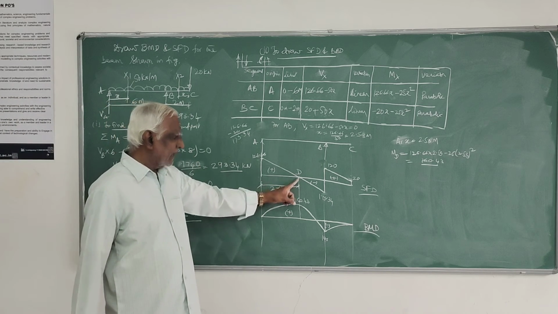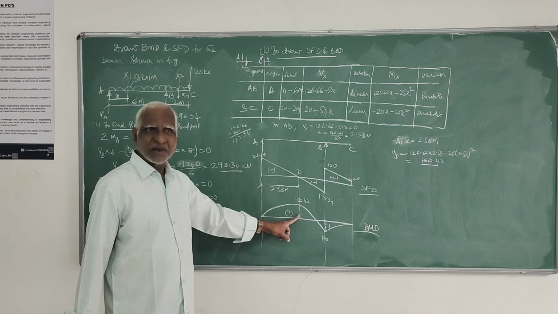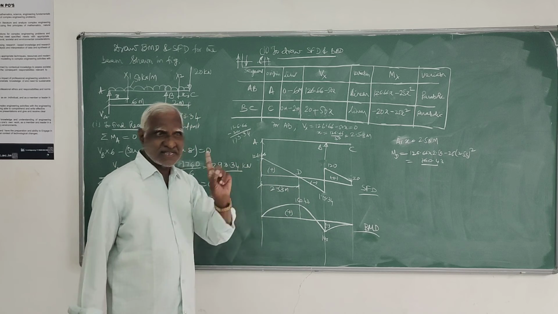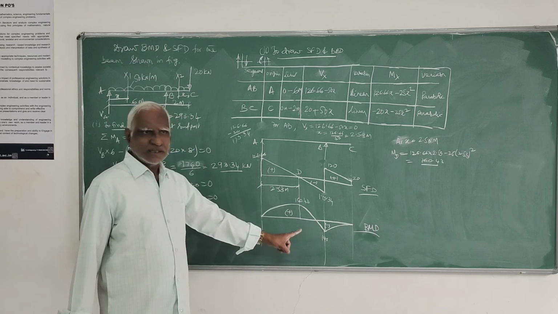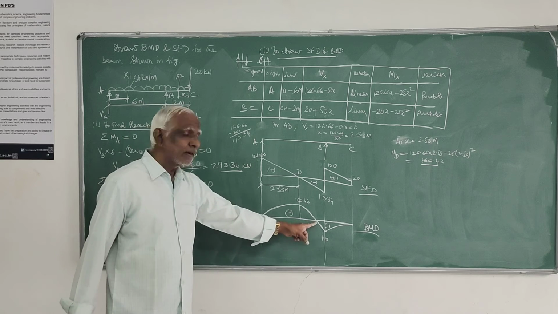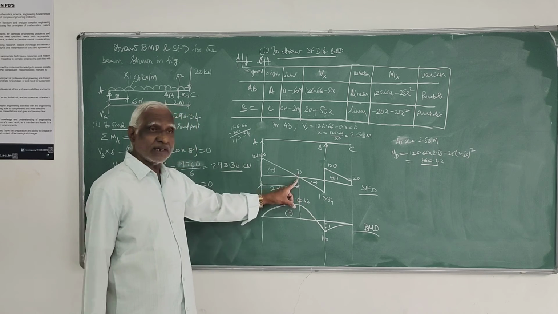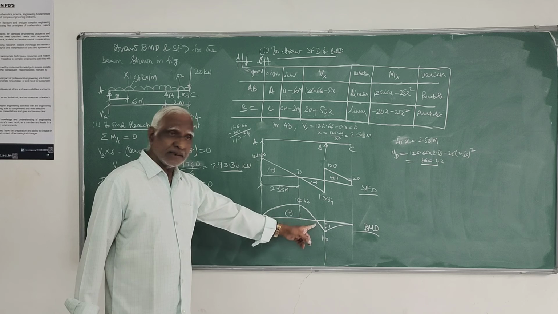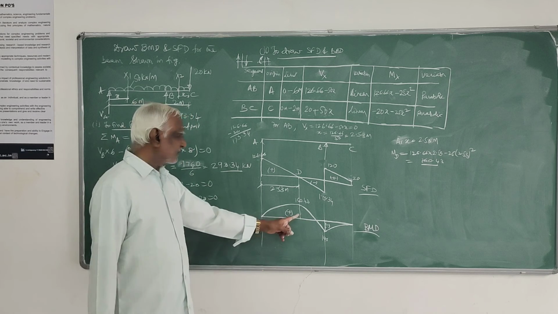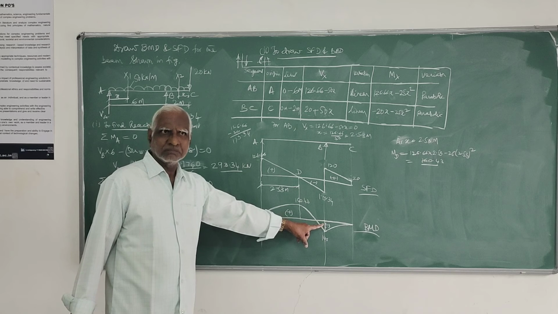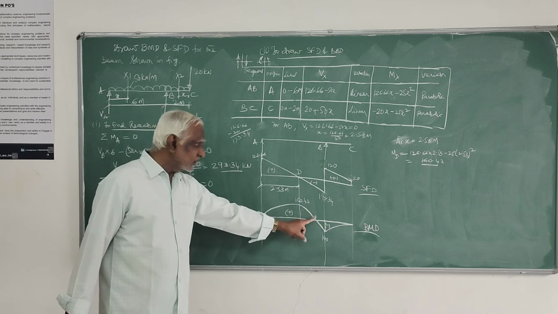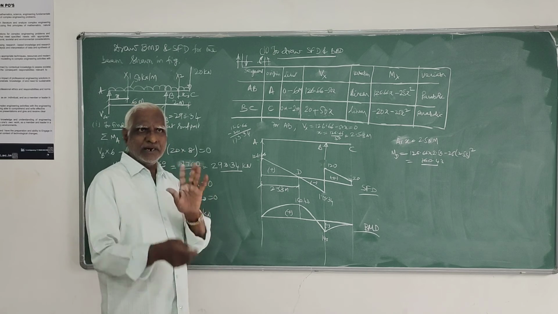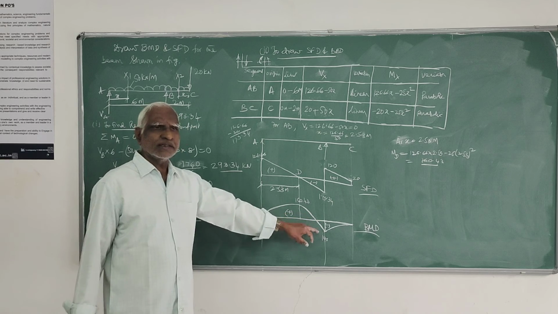And this is actually the point where the bending moment is maximum. Right? And here the bending moment is 0. This is another point you usually have to determine, the point where the bending moment is 0. This is the point where shear force is 0. At that point the bending moment will be maximum. Here the bending moment will change its sign from positive to negative. So this point is called the point of inflection, where the bending moment changes from positive to negative.